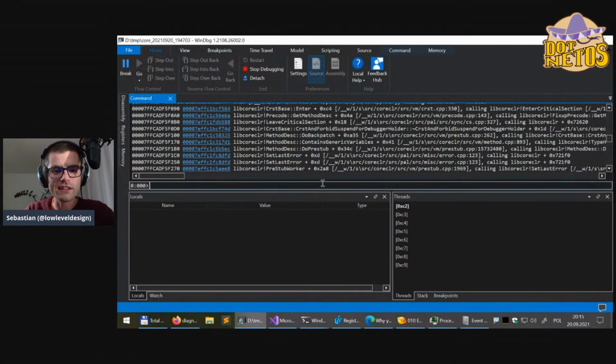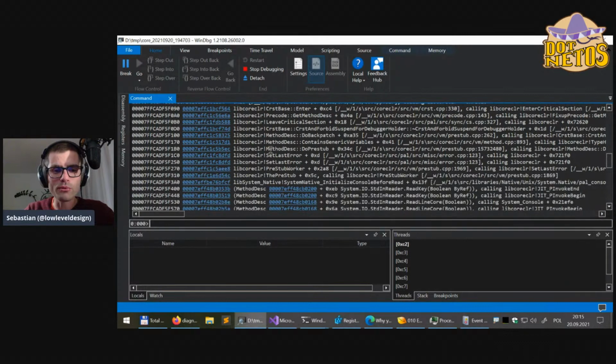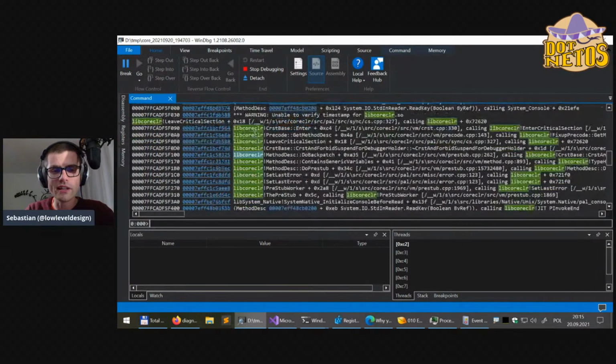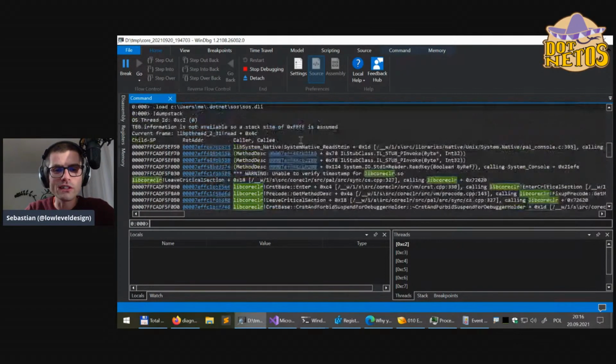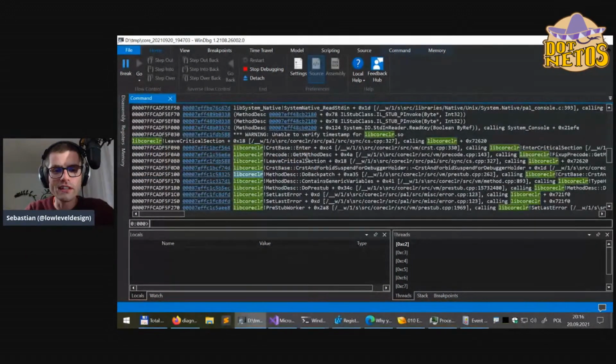And notice that WinDbg was able to download libcoreclr, so that's the .NET runtime on Linux. WinDbg was able to download the symbols for this module. So that's really great. We can see what the native call stack was,